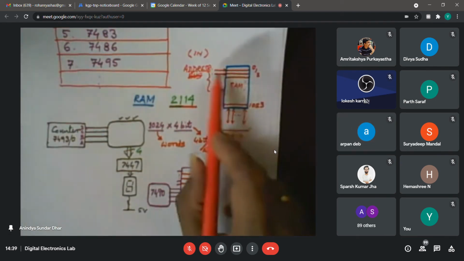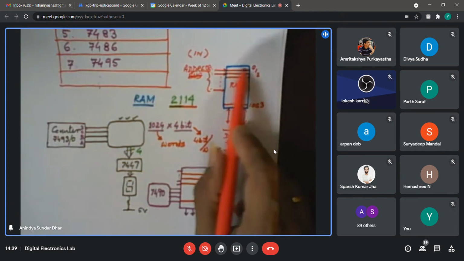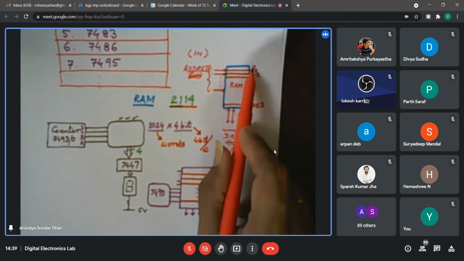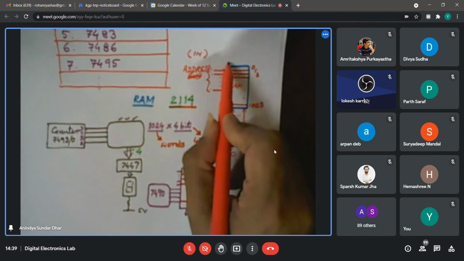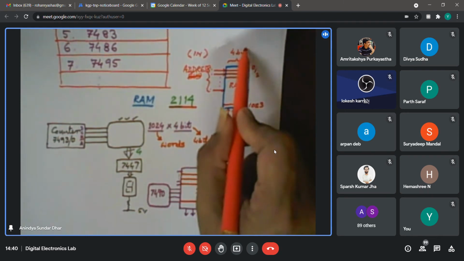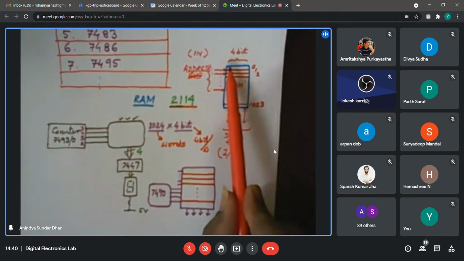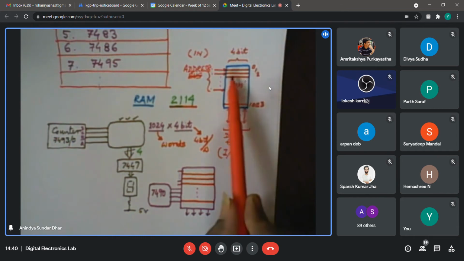Okay. Now, when I'm setting a particular code in the address bus, let us say all 0, I'm saying that it is pointing to the very first location whose number I'm setting as 0. So I will refer to it as the 0th location. What I can store in a location is 4 bits. So the width of data, whatever I was showing earlier, is 4-bit. So in every location that can be uniquely addressed by a specific address, I can store a 4-bit number. So I will store something in this 0th location. I can store a different number in the next location, which I am calling location 1. I can store yet another 4-bit code in location 2, and so on.